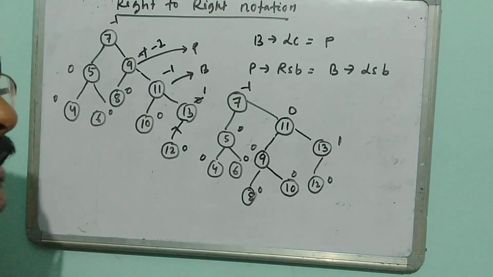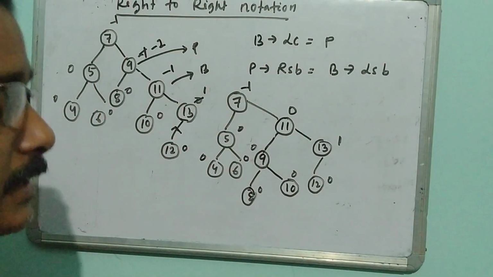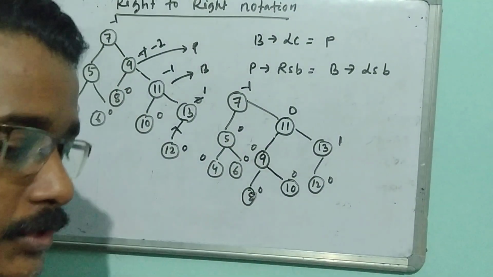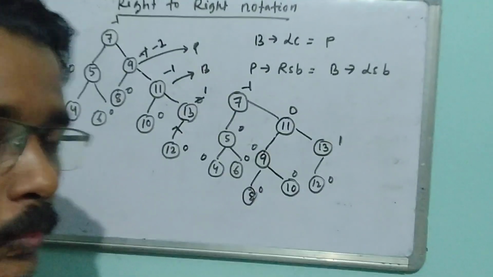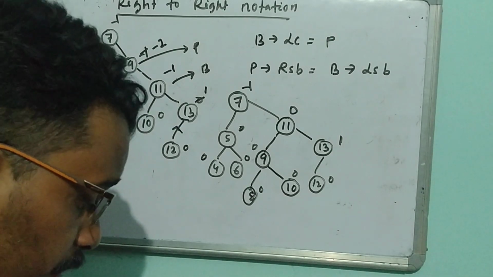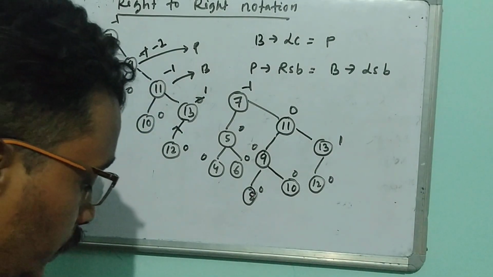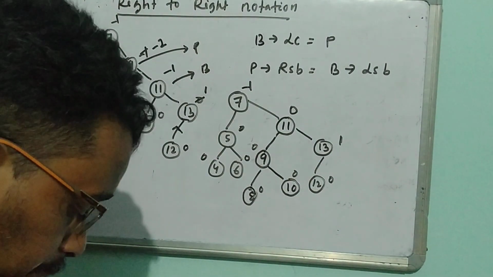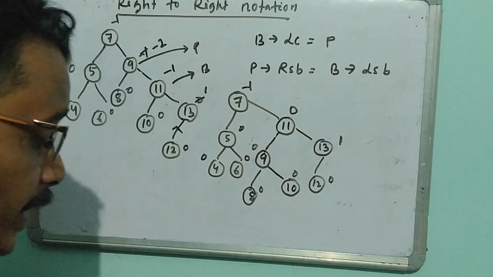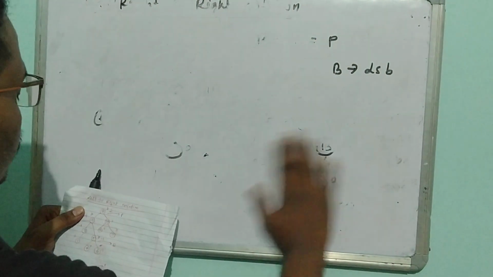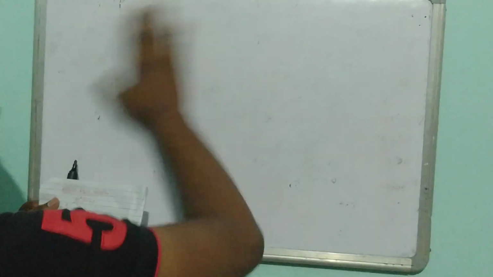Now certain complicated rotations are there. This is also important, and these rotations are nothing but the last two rotations, that is called left to right rotation and right to left rotation. So this is also a very important rotation. So we have to make this rotation, how to make this rotation. This is the important thing. So see, first of all, the left to right rotation.